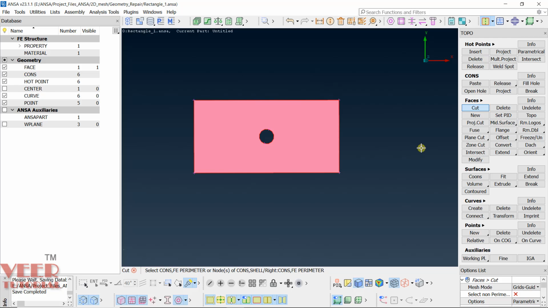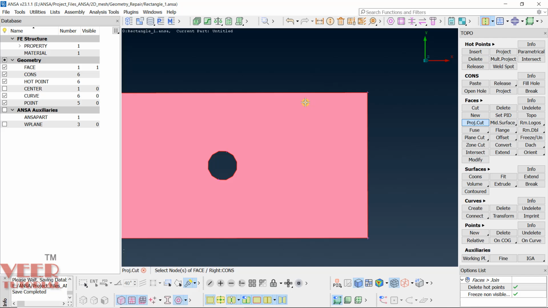Okay, another option here is the project cut. The difference between this cut and project cut is that project cut always creates a cut at a 90 degree, or perpendicular, line. For example, click on project cut, zoom in, say from this point.